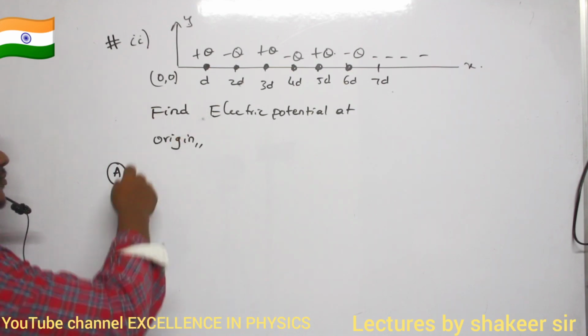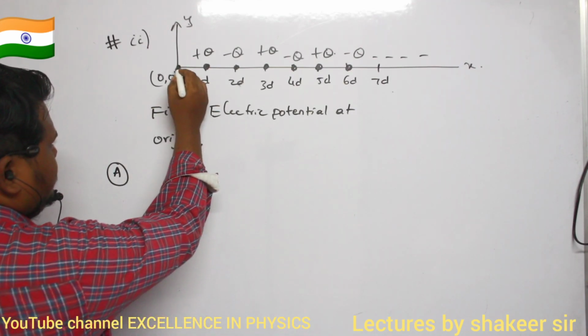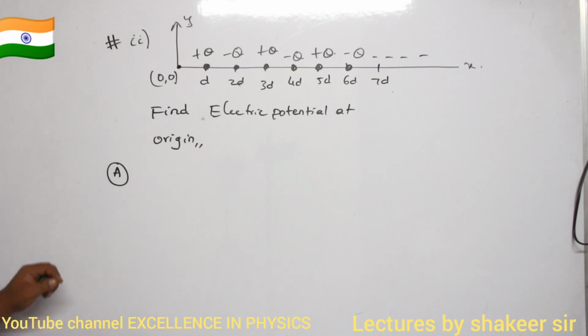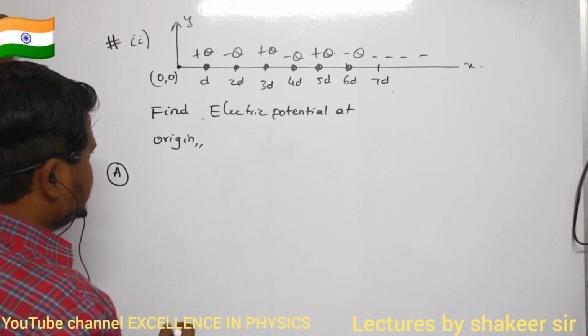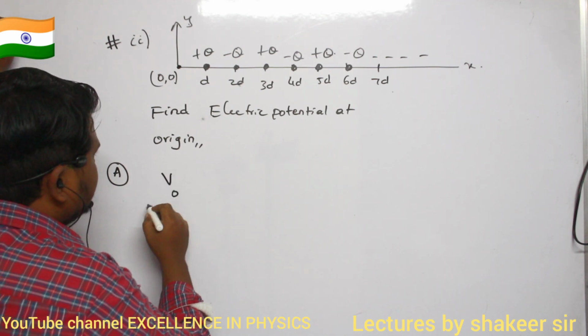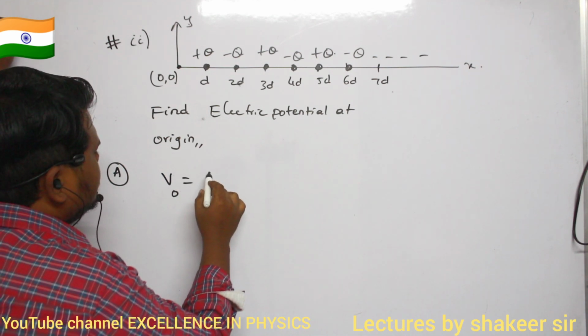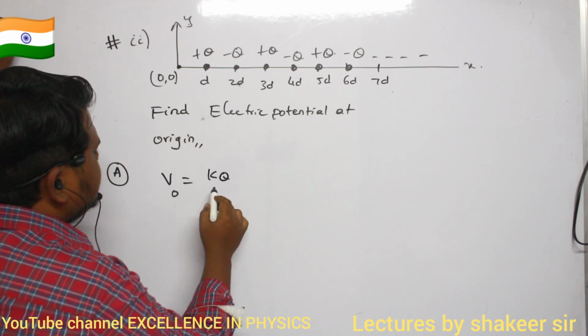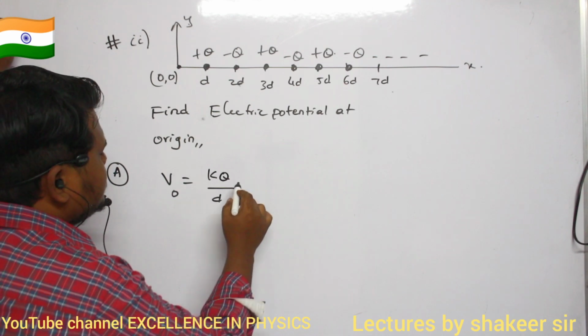This is my origin, no? So here I want to calculate electric potential. How? Again same concept, no? So V is equal to KQ divided by R. So potential at point O is equal to KQ divided by D due to the first one, and due to the second one